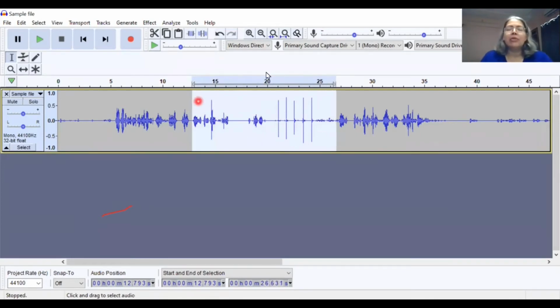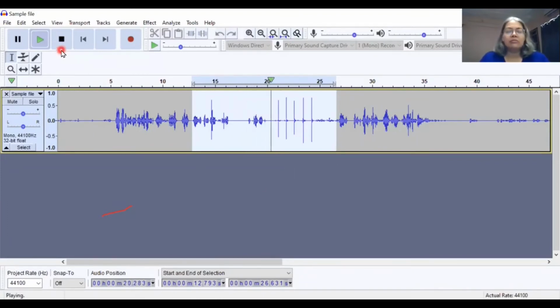So now I'm going to try and play just that part. Okay, let's listen to this. Play. For example, starting with "for example," and the word to the right of my white selected part is "for example."